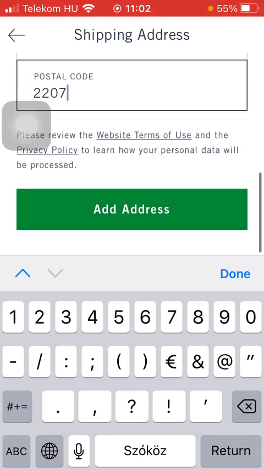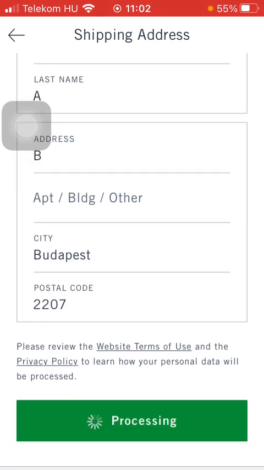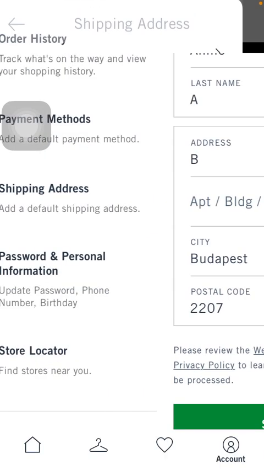Then click on the add address button down below to save the details, and you will find it at this section. If you want to edit it anytime, you can do it,